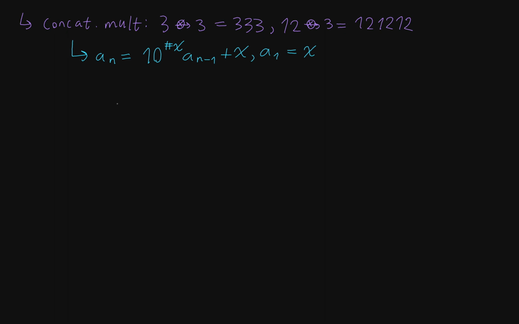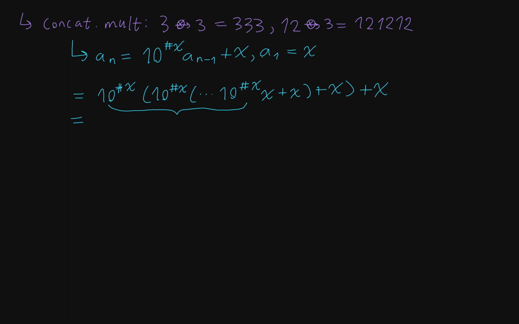And so we can solve this by basically just back substituting everything in. So we can get 10 to the digit count of x times 10 to the digit count of x, and then basically so on until we get to where we're using a1 here. 10 to the digit count of x times x plus x, and then these also have their plus x's on the outside. And then basically with these multiples,